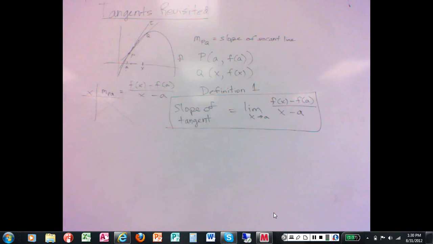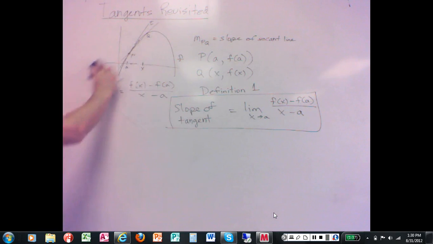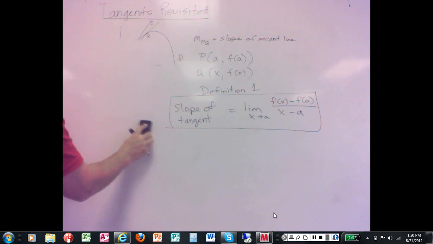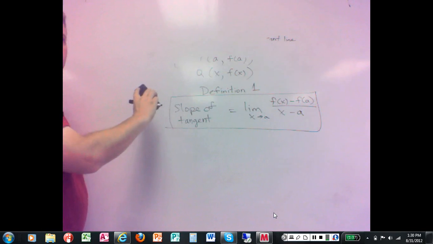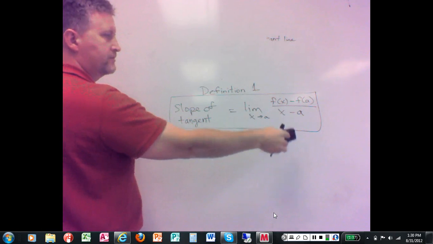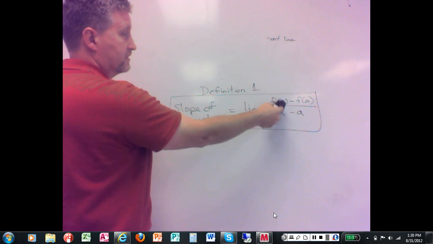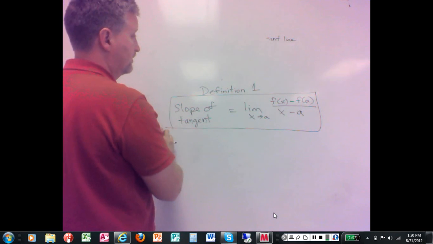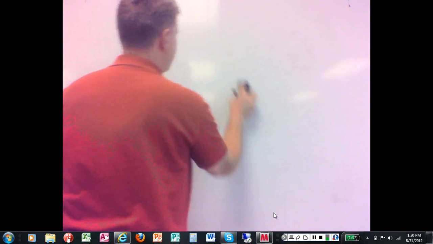So if they refer to definition 1, or I refer to definition 1, that is what we refer to. Okay? All right, so let's see how it is in action here. Is that okay? Any question about what I'm saying there? Basically, what we were doing is sticking a limit on the thing that we come up with as far as the slope is. Okay? All right. So using definition 1,